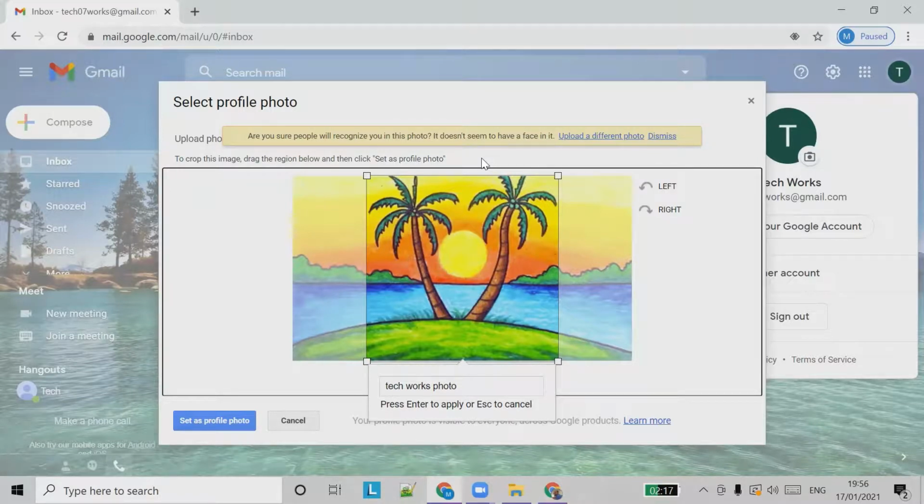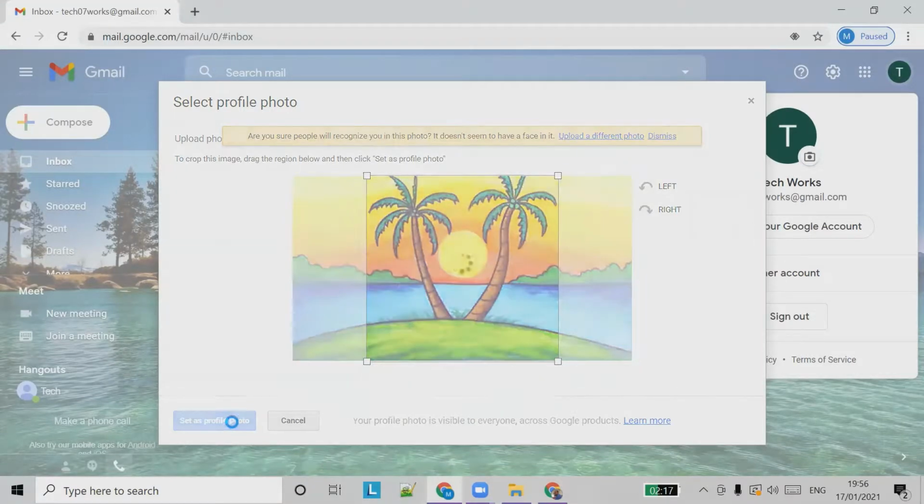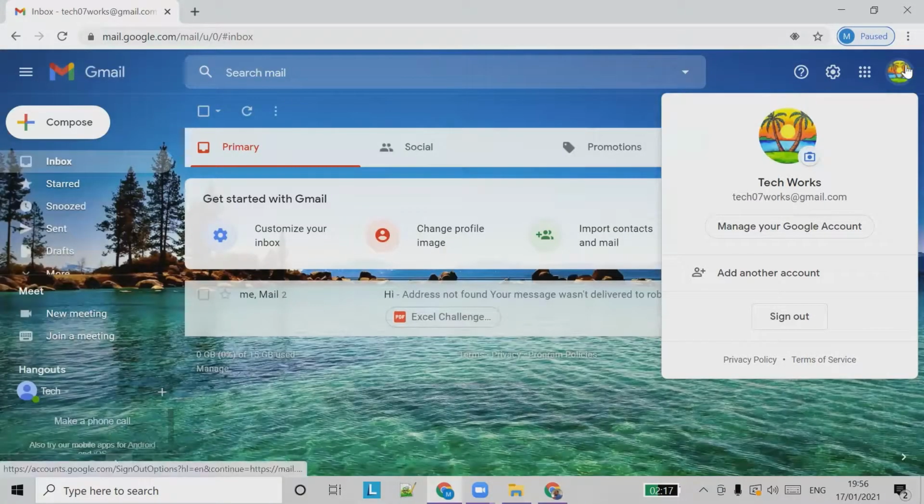Then say set profile photo, and you should see the photo updated. It looks better, right? Usually people select their own profile pictures.